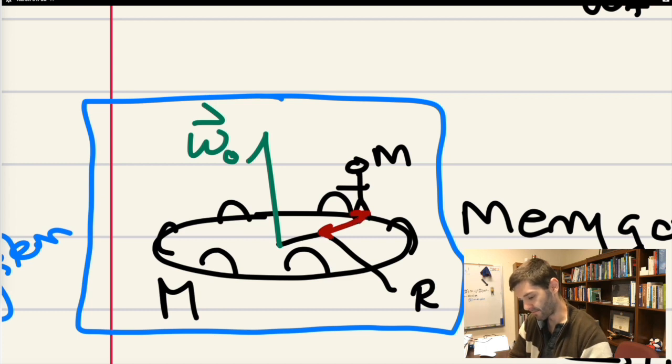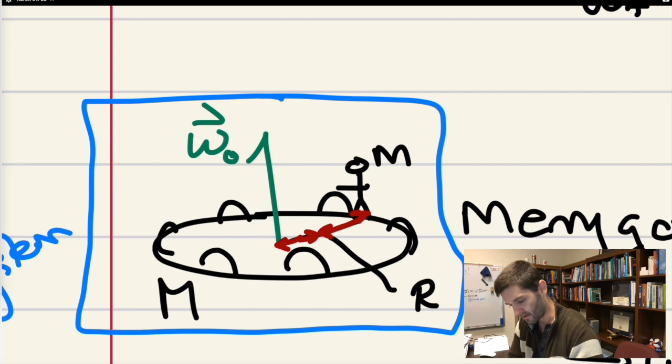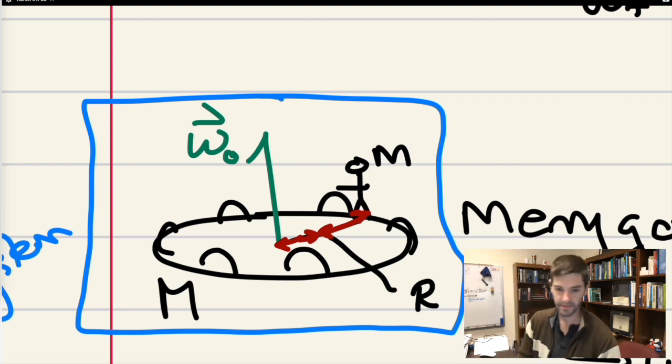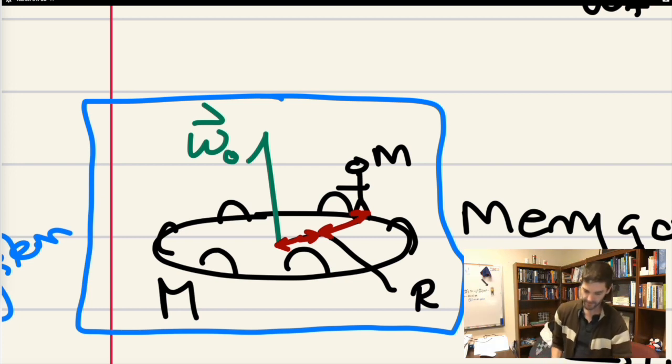And again, just like with momentum, the idea is that you want to try to find a system where all the torques are internal to the system. So if I define the system as me plus merry-go-round, as I walk across the merry-go-round, I'm of course exerting a force on the merry-go-round. But by doing it radially inward,